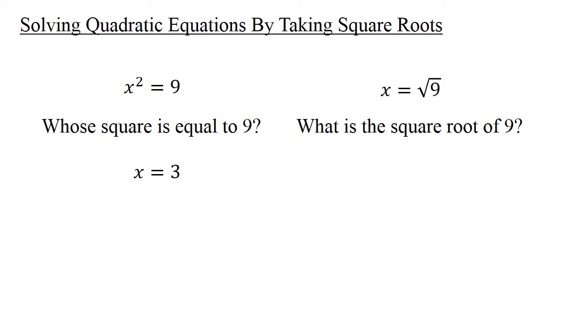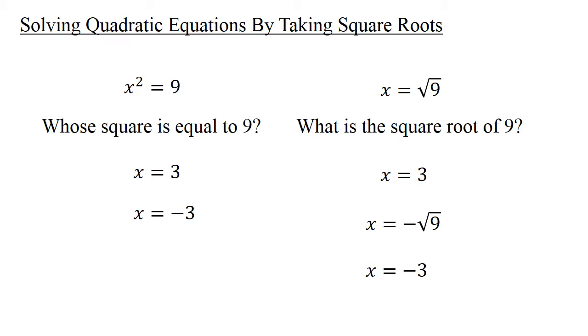In both cases, we see that a number you square to get 9 is 3, and the square root of 9 is 3. But if we consider the first case, x squared equals 9, there's another number whose square is 9, and that is negative 3. That doesn't show up in the second problem. In order for us to get this negative 3 as an answer, we would have to consider the problem x equals negative square root of 9, or what is the opposite of the square root of 9,